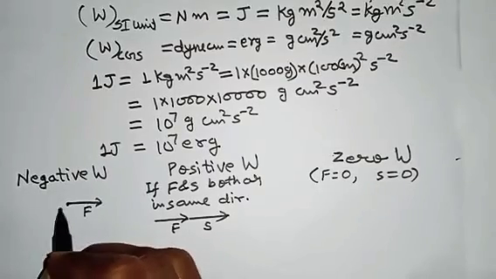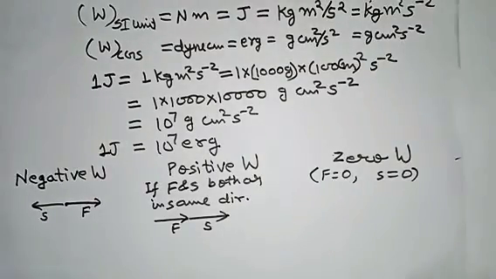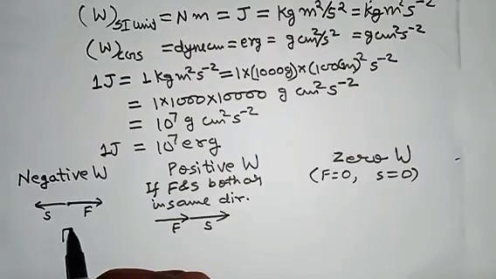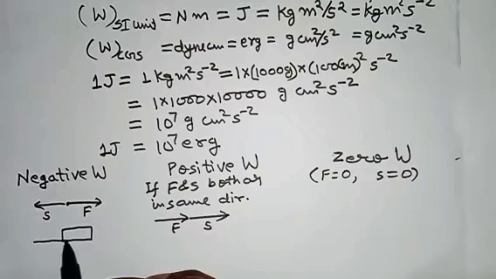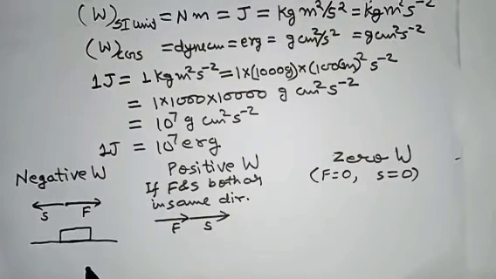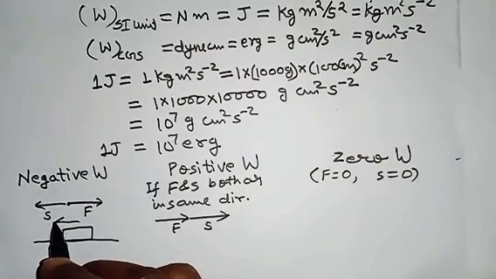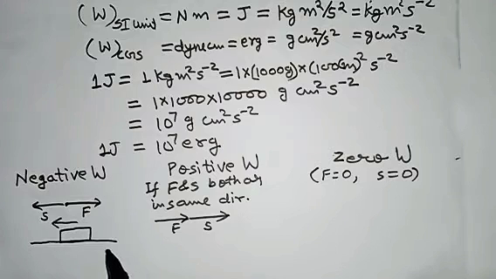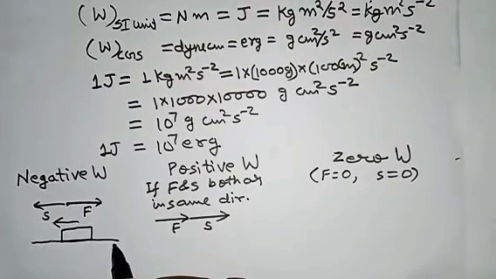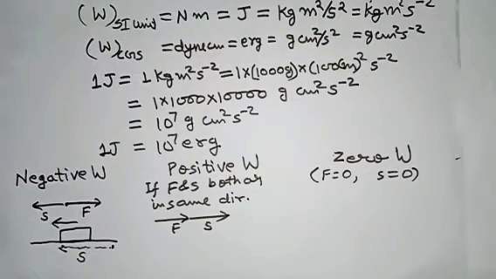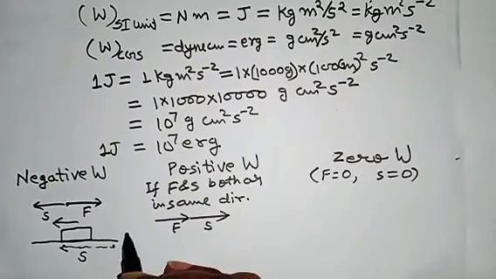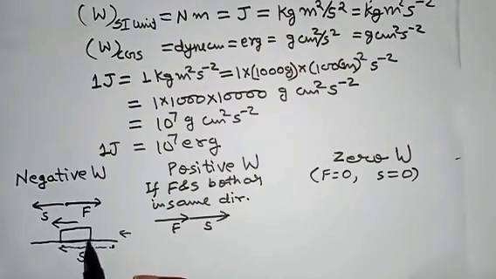So what about negative work done? If force is applied in this direction and displacement is opposite to the applied force, how is it possible? Yeah, of course it is possible. Let us suppose there is an object placed on a surface, and you have pushed it so that it is sliding along this direction. So its displacement is along this direction. Let us suppose it has traveled from here to here. So this is its displacement. And now you can say that we have pushed it and it is displacing along this direction. We have applied some force.